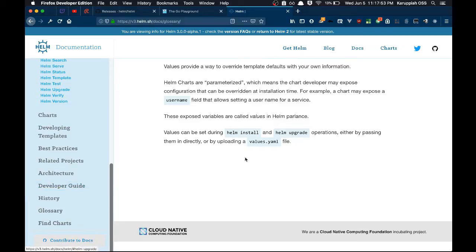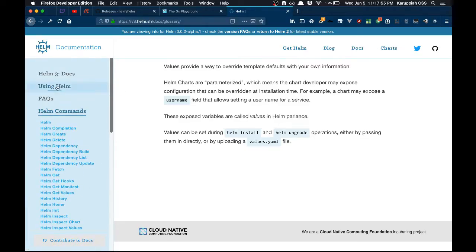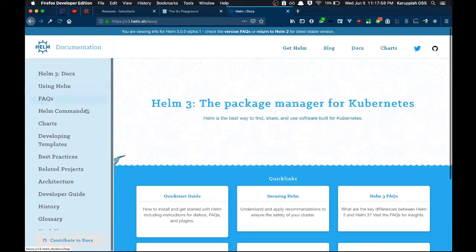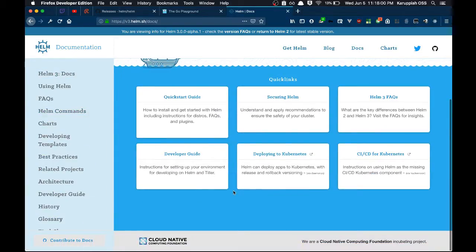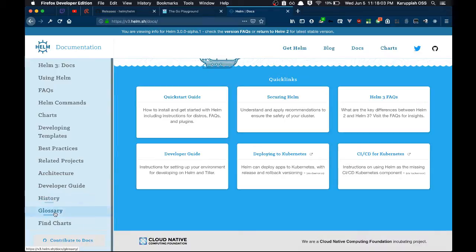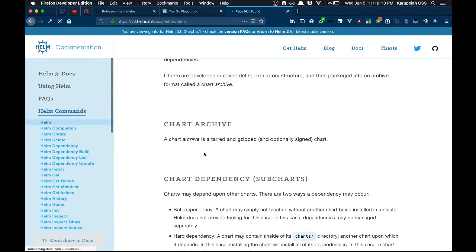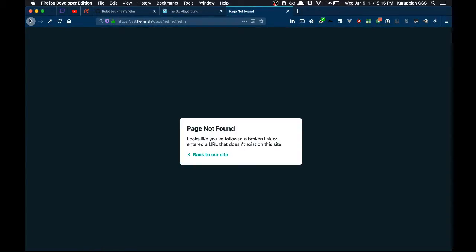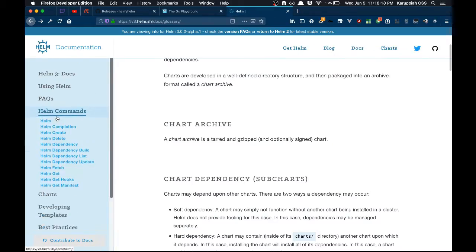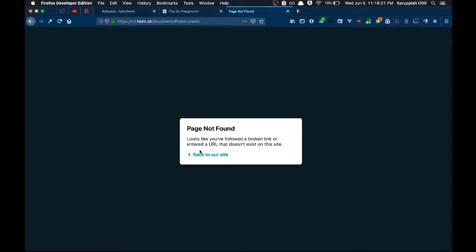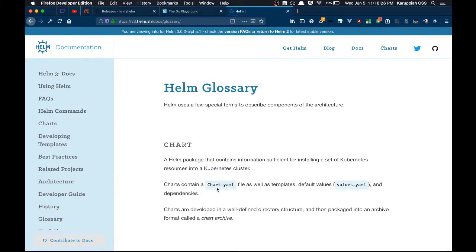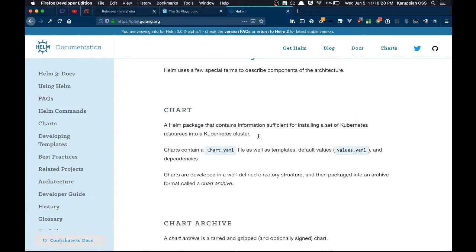Oh, there's nothing regarding Helm. Right. I think there is nothing regarding Helm currently. Wow, page not found. That's fine. I think this is yet to be updated, but